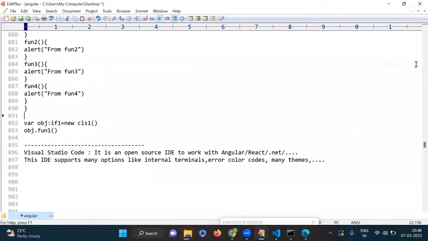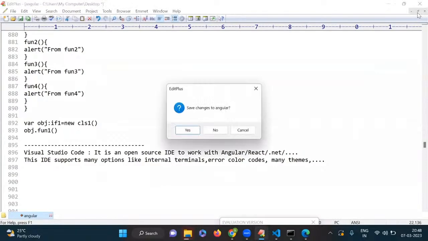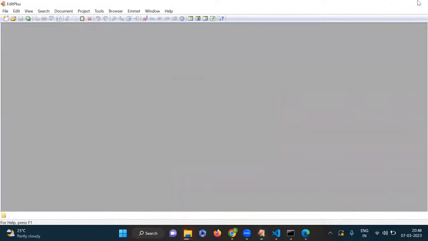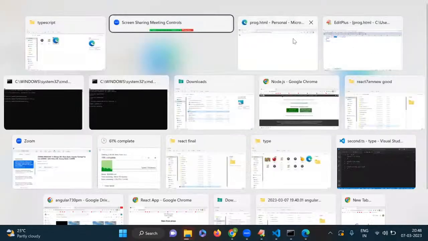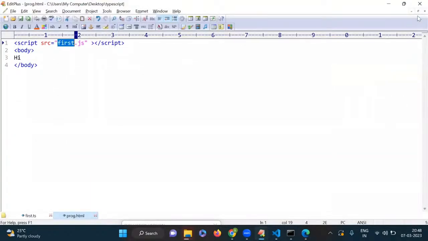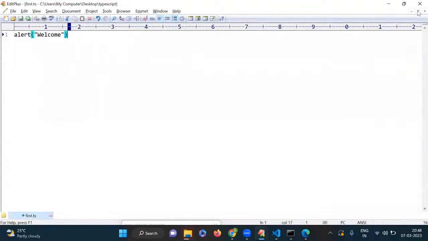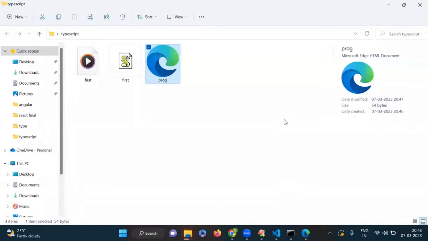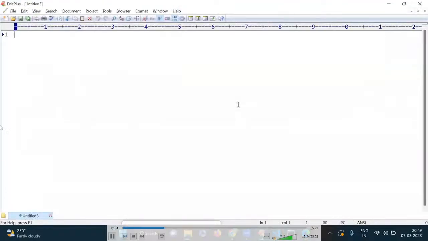Fine. Then we will discuss the next concept, that is, I told you we have data types. TypeScript supports data types, but JavaScript does not support data types, as I told you. Now we are discussing how many types of data types we have and what those types are. Now, if you take TypeScript,